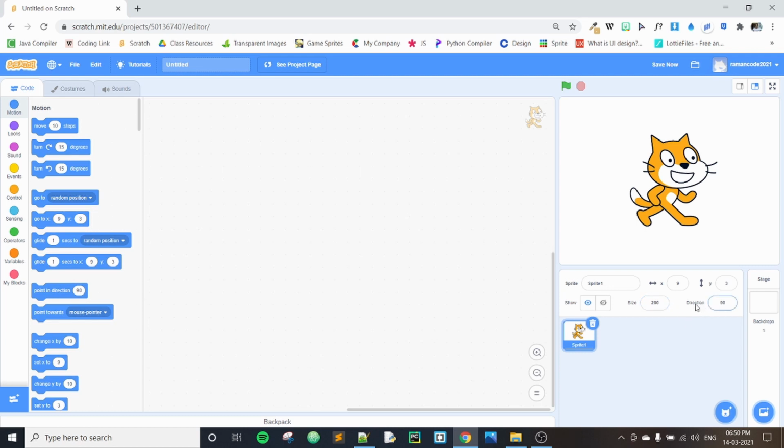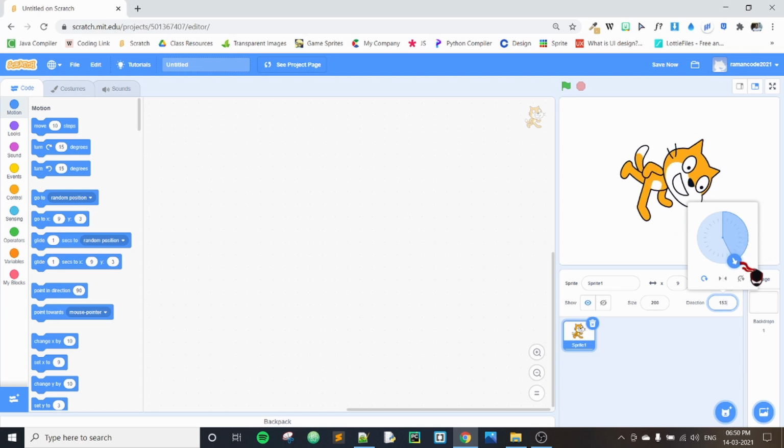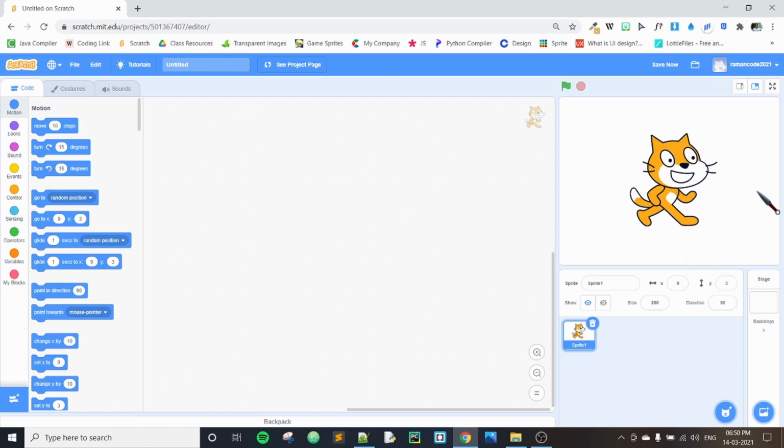Next, you'll have something called direction, which will help you to change the direction of your sprite. Now see, the sprite is pointing towards your right side. That's why the arrow is facing towards your right. If you turn it down, see, your sprite will face down, now to your left, and now to the top, right? Based on your requirements, you can set it. Now I'm going to take it to the default, where we can type 90 so that it faces exactly to your right.